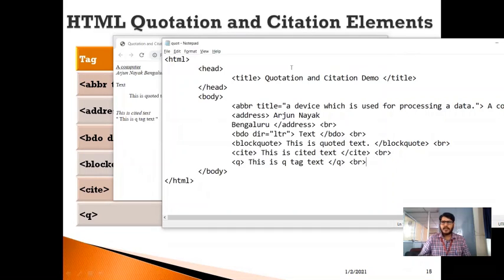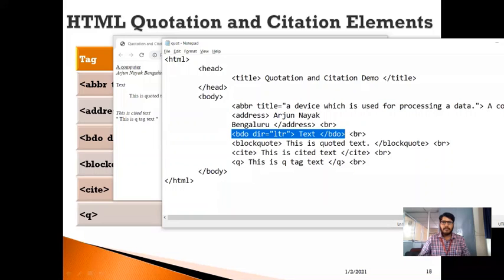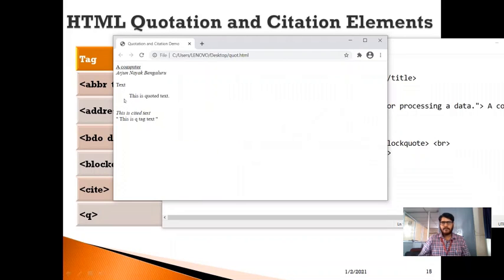So what we have discussed here: we have discussed how we can use the abbreviation tag, and also how to use an address block by using the address tag, how we can set the bidirectional orientation for particular text by using BDO and the direction attribute here, and also how we can leave some tab space, indent space, for the text by using a block quote, so that it will leave some space here and include the text here.